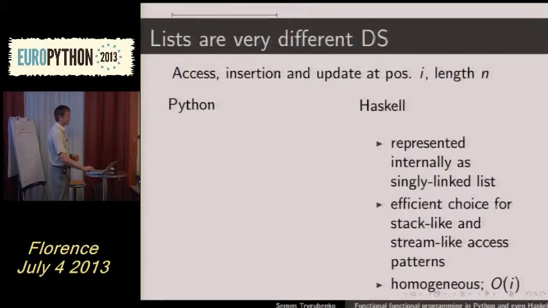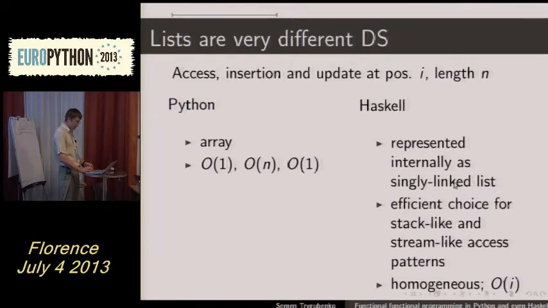So, yes, arrays are a special data structure that allows computing the position of an element. It comes with a function that can very quickly, in order of n time, lead you to an element. It's a very efficient choice, and many other languages use the same implementation of lists. So the order of n notation, or big O notation, basically for access, insertion, and update, Python